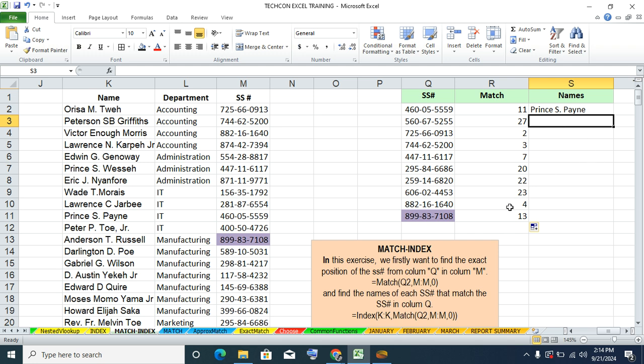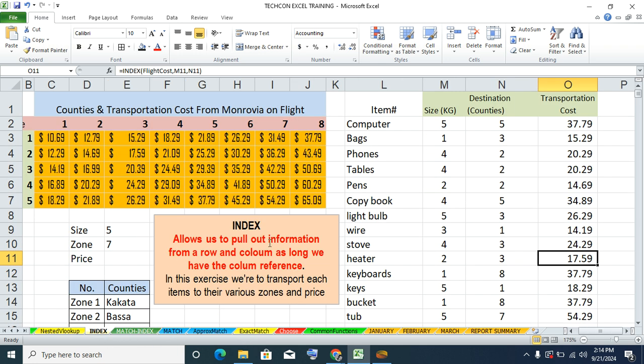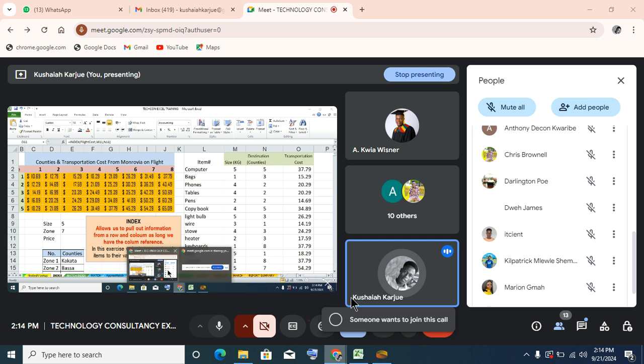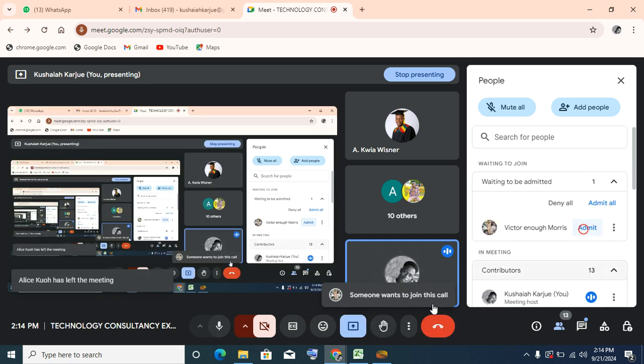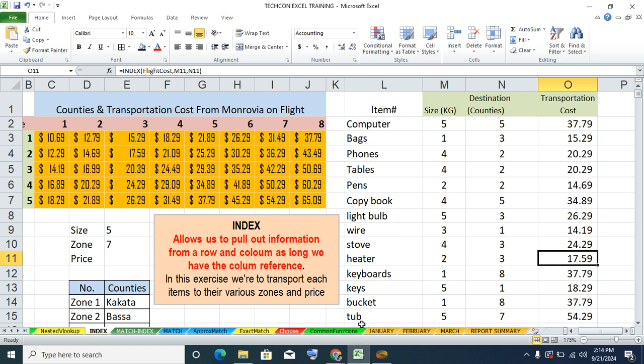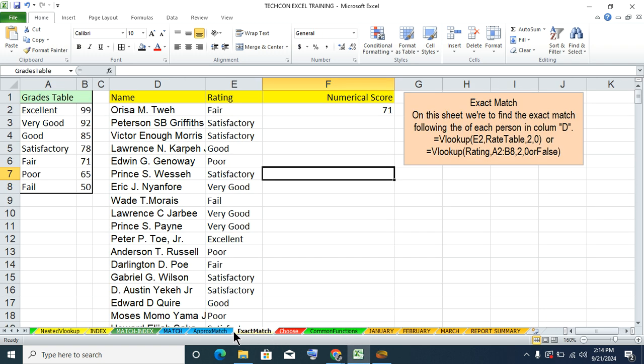So to do that, we also use combining the index function and the match function to find this value, because what did we say about index? We say index allows us to pull out information from the book and the column as well as have the column reference, as long as we have the column reference. So let's go back there. We want to find the